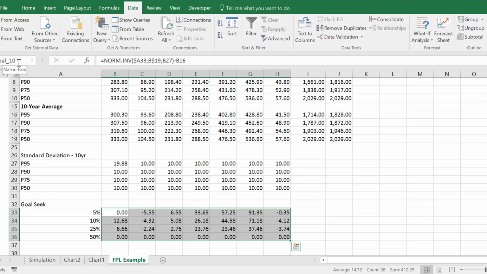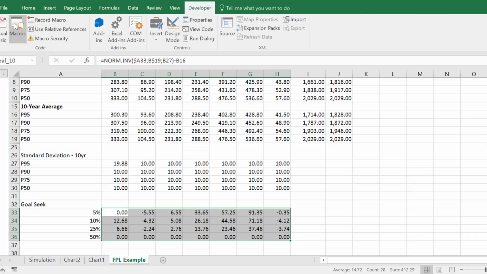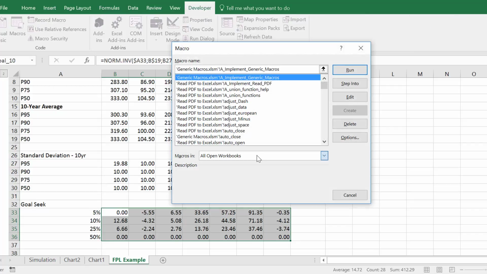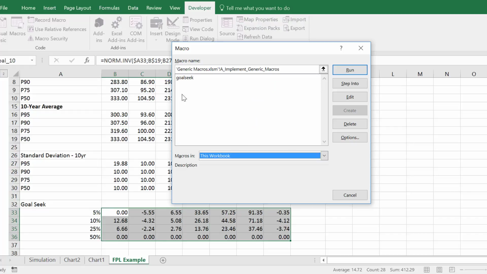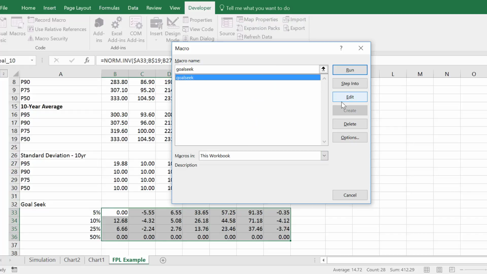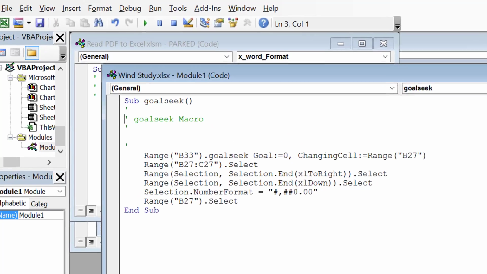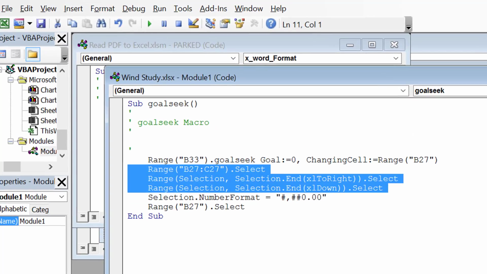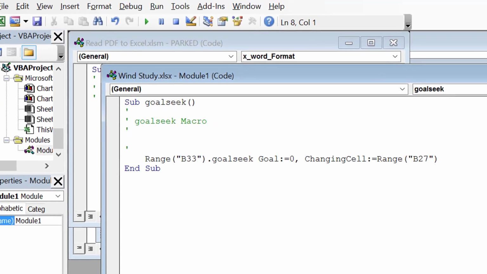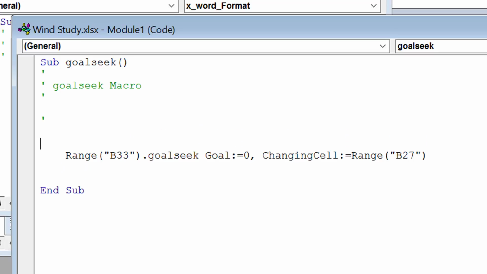And let's put this as the goal for the 10. Okay, and then what we can do is go to our macro. I won't waste a lot of time on the macro here, hopefully, and I'm leaving it on just for a minute. Okay, and we don't need the rest of this stuff. Okay, and essentially we just go